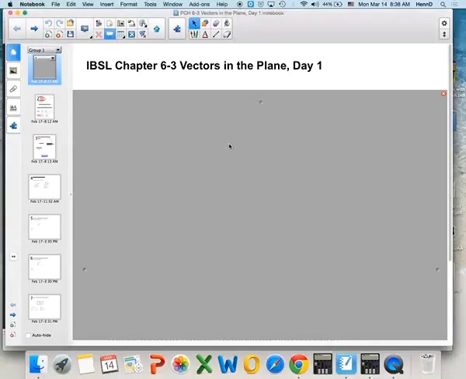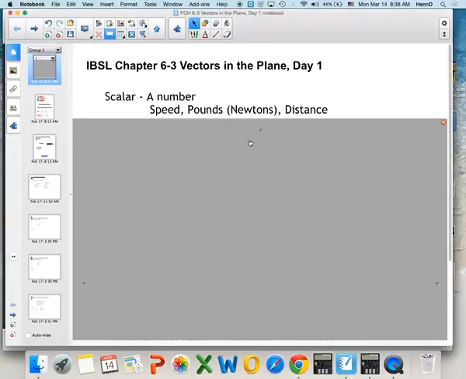A scalar is simply a measurement. It's a number. If we're talking about speed or a number of pounds or newtons if you're in metric, of force. If we're talking about a distance, he traveled 5 miles. Okay. He was driving 35 miles an hour. He was pushing with 200 pounds of force or of pressure. Okay? A vector, on the other hand, is a little bit more than that. Okay? It's a little bit more, and I'll